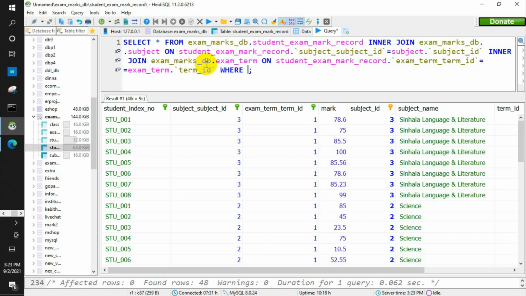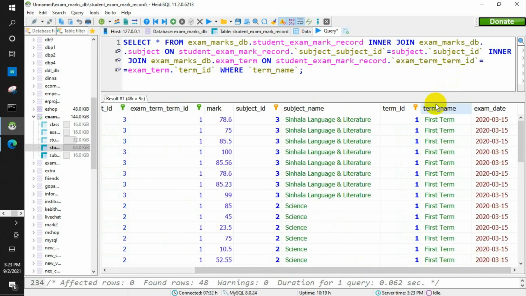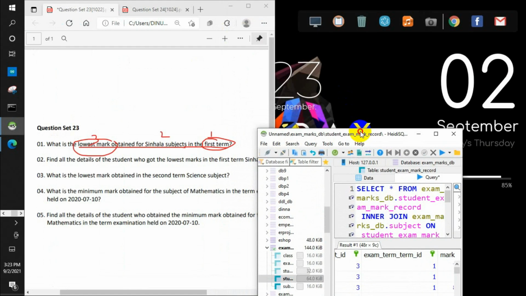So we use where the term name, the column name is term name, I think. Let's check. Yeah, it's term name, as you can see here. Term name is equal to the first term, and the subject name should be, I think, mathematics, right?